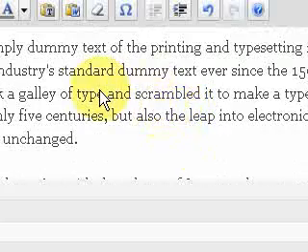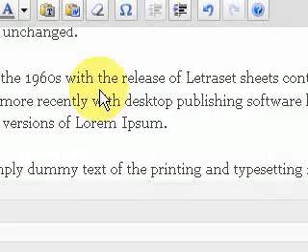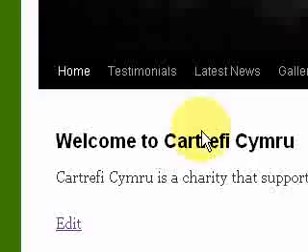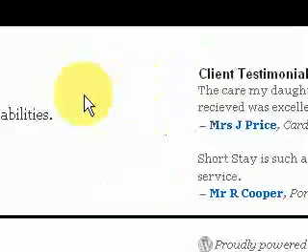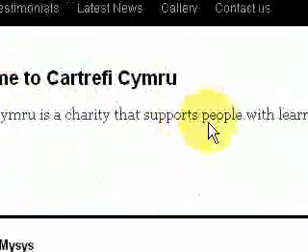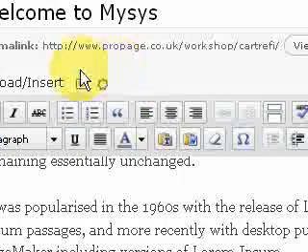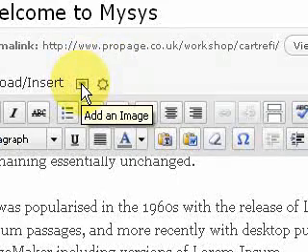So that's text entered. What if we want to enter an image? On the home page, we've got no text there at all. You've got client testimonials over there. So what we'll do is enter text, and we'll put an image to float on the right hand side of the page. So we'll insert an image,